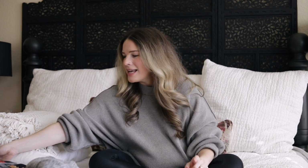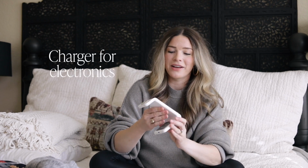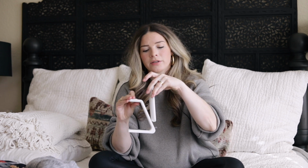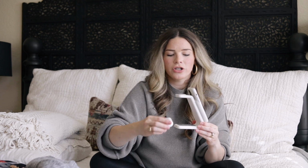And then lastly would be technology for me. So this is just kind of the bare minimum. I really love this charger. I would bring a charger. I would bring a multi-charger if you can. So one that does a little bit of everything. This charger charges, and I'll link to this also, but it charges my phone. I have an iPhone, so it charges my phone. Up here charges my Apple Watch, and down here charges my headphones, my wireless headphones, and that is just so handy. And I'm going to put this on the little table right next to my bed and keep everything charged